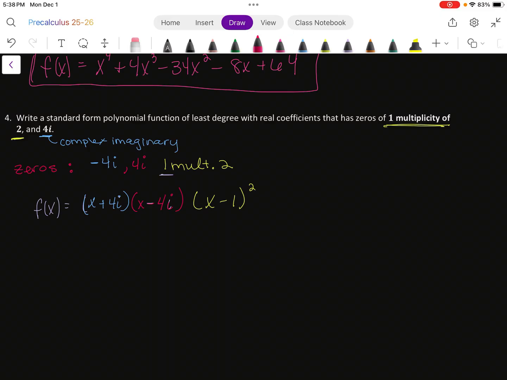All right. No, I don't just distribute this. I need to do x minus 1 times x minus 1. And then I need to FOIL these two. So I'll go ahead and FOIL this guy and then come back and FOIL those. So I know that the inner and outer terms are going to cancel, but for teaching purposes, I will write those out. And that becomes negative